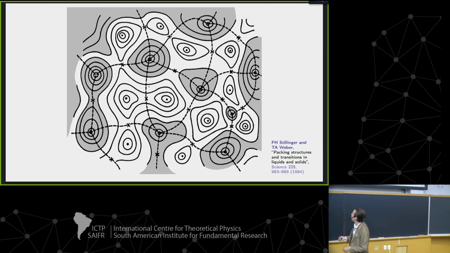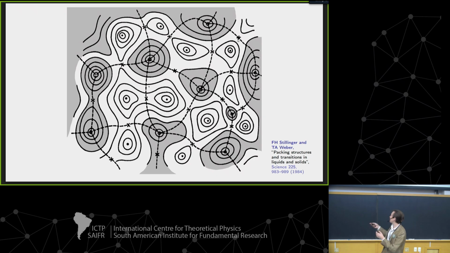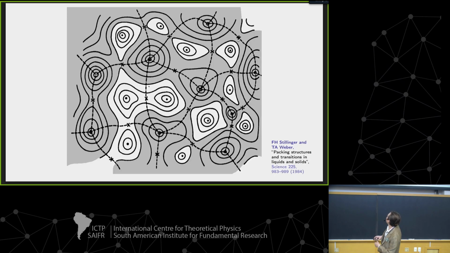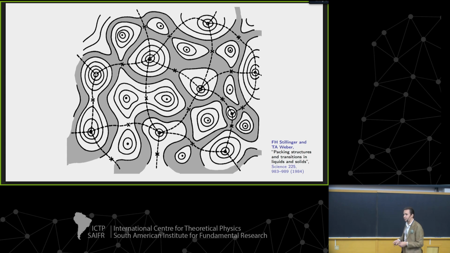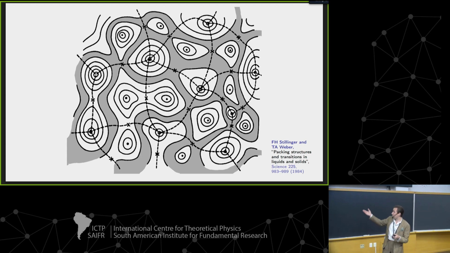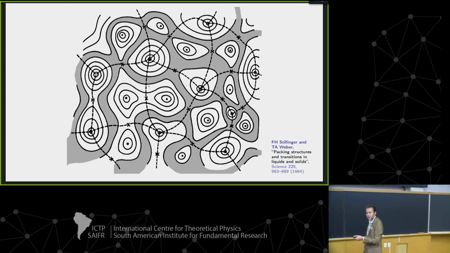If we go back and forth, you can see that, in fact, we have mostly gray and mostly white. And this special level set, if we highlight it, does the thing which we were describing. It basically percolates over the entire landscape. The whole configuration space is covered by this kind of big percolating structure associated with this level set.